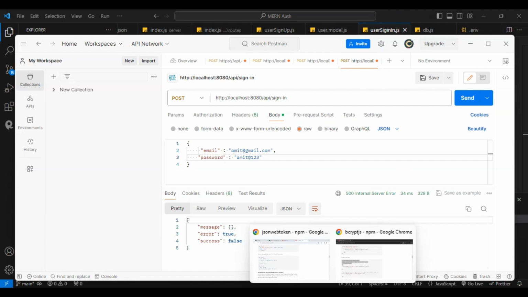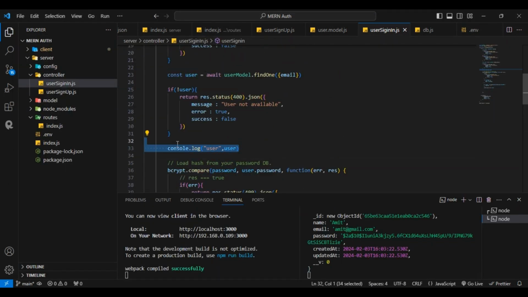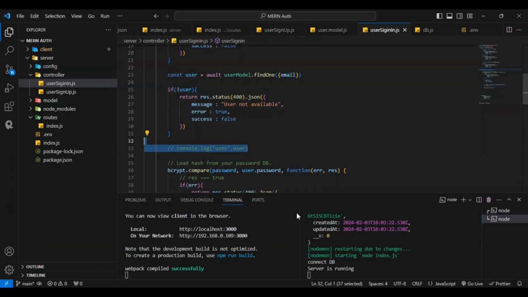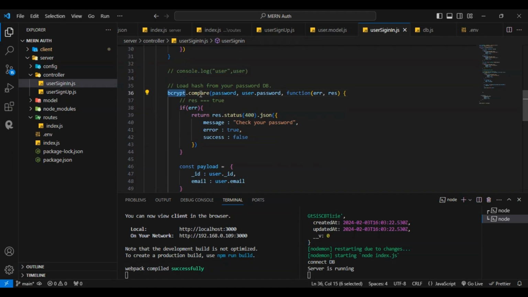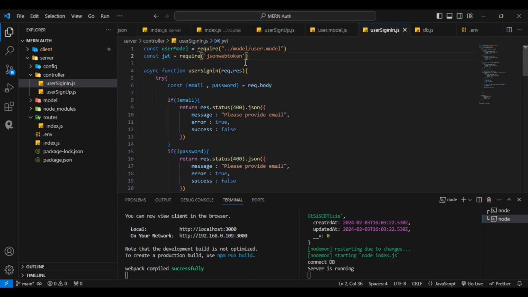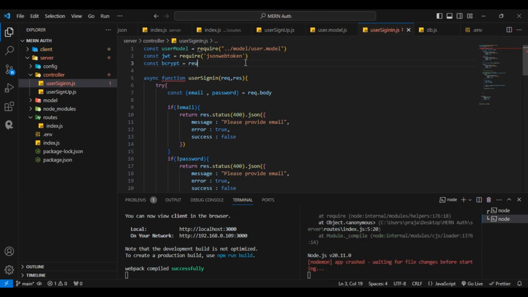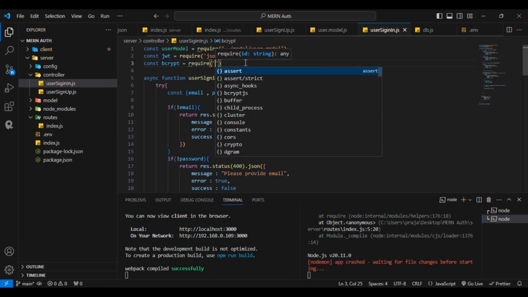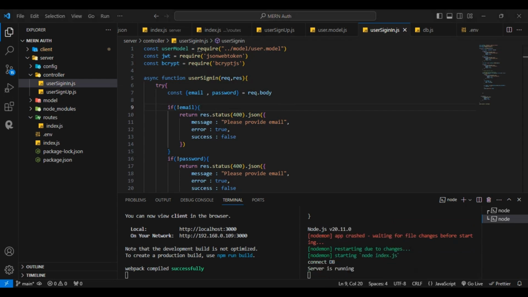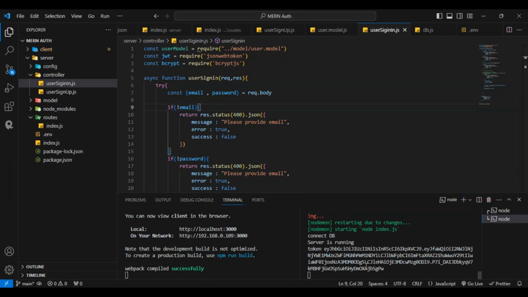Okay, now check where the data is printing. Let me just comment this, still not getting. Okay, here I had not imported this bcrypt. Let's import this. For that, const bcrypt require from bcrypt.js. Now let me check again when I hit the API, and here see now I got this